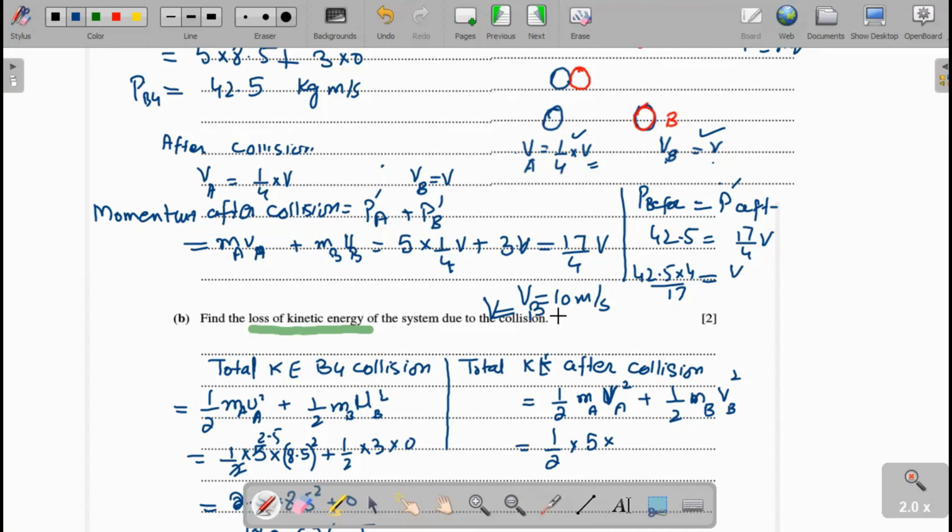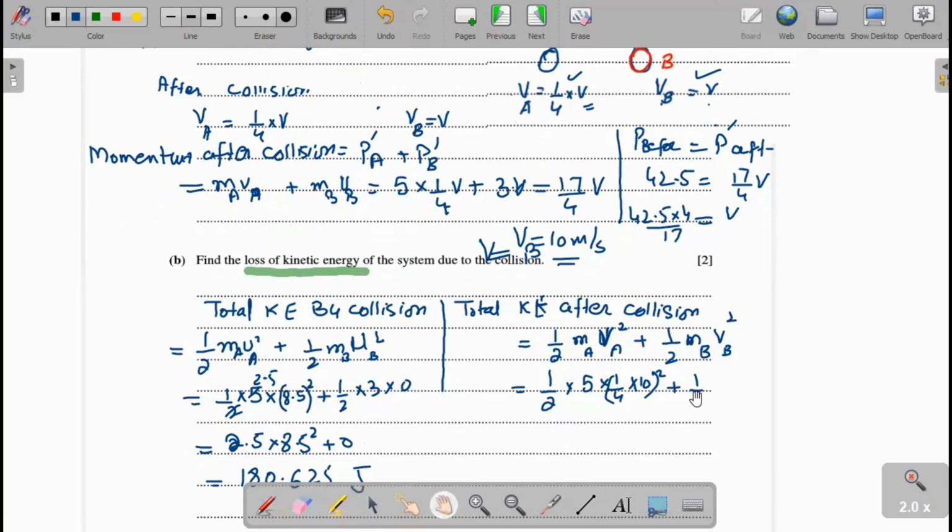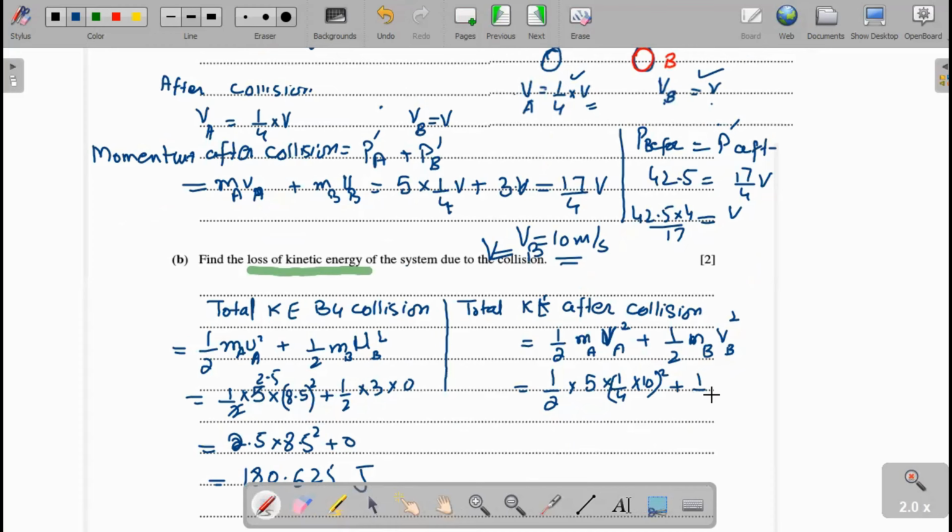Now here the speed of A is 10, we can write it as 1 over 4 multiplied by 10 whole square, that is the kinetic energy of A. Same as for B, here is given 1 over 2, the mass of B is 3 and the speed of B is 10 meter per second. Now we write it 10 square. And this value becomes 1 over 2 multiply 5, that's equal to 2.5 multiply,